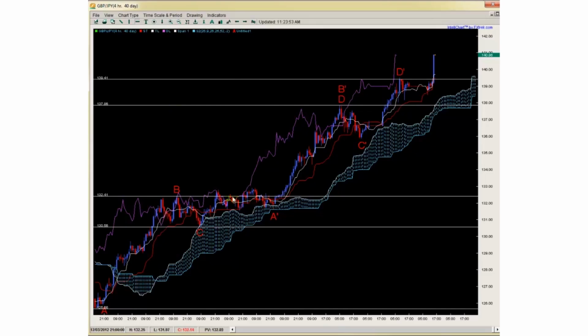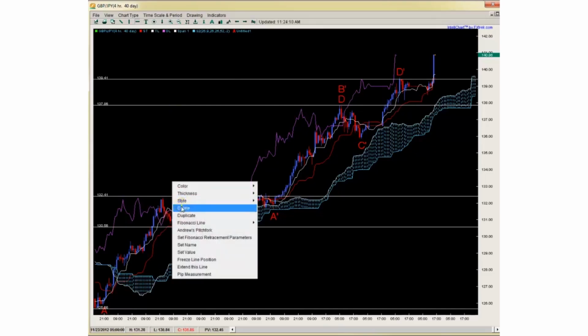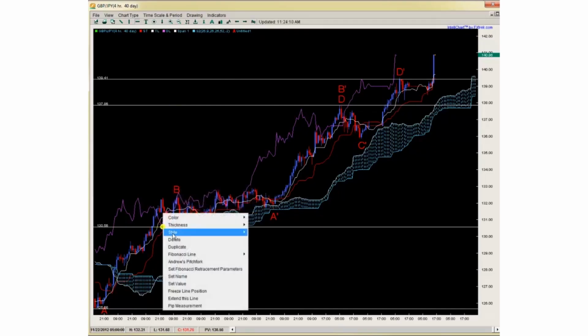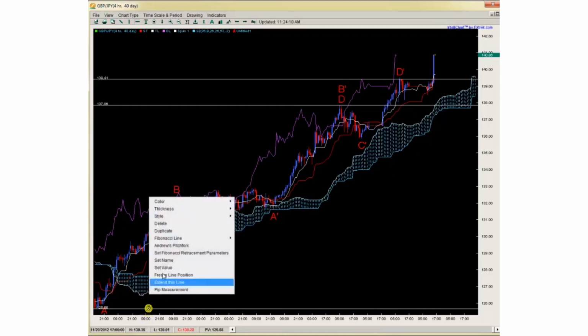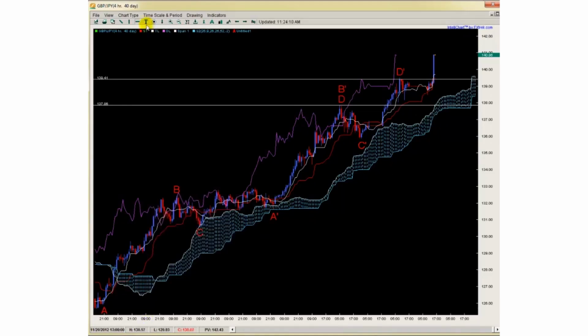But let's start to mark some of these lines again here. I don't really need this line anymore. I don't need this line anymore. And I don't need this line anymore. And we're going to use this price measurement theory to give us an idea. Also, take a look at this pullback where A prime is. If I zoom into it,